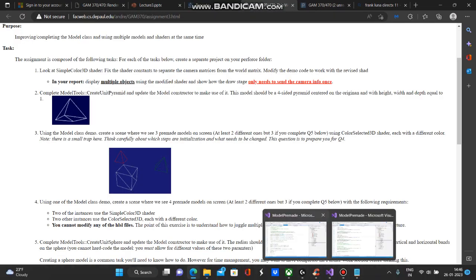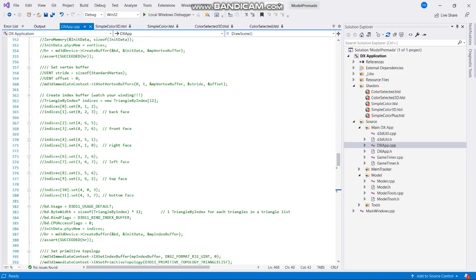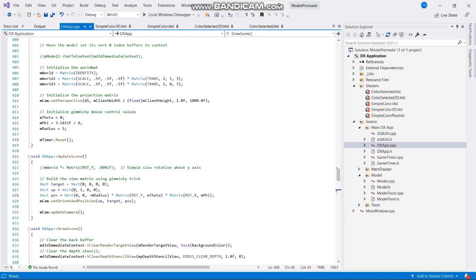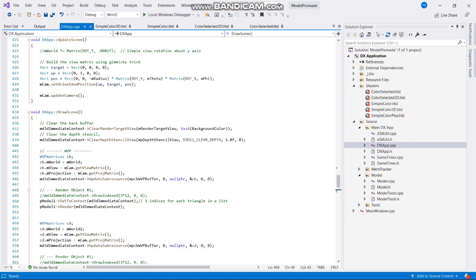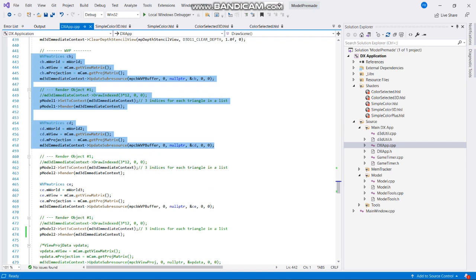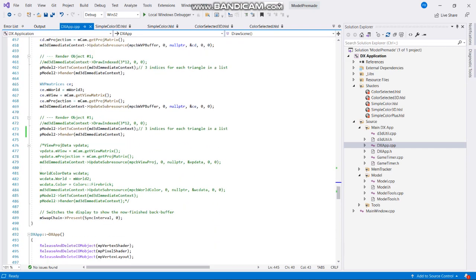So for question 4 we are displaying 4 models. 2 models are displayed by simple color 3D and 2 models are by color select 3D. As you can see, the first 2 models are being displayed by the simple color 3D. As such, we need to send the world, view and projection matrix to the constant buffer, and that's what gets updated. And for the last 2, we